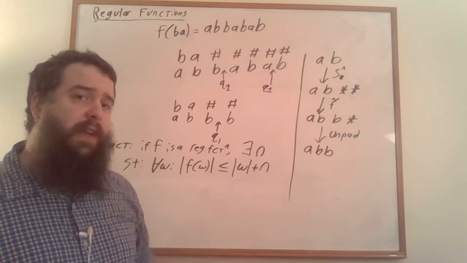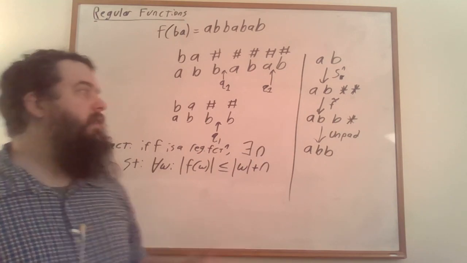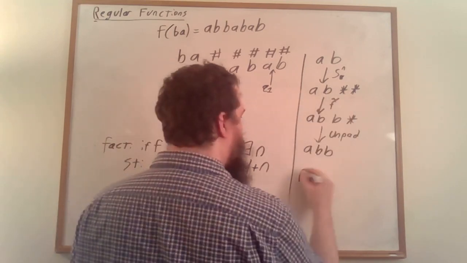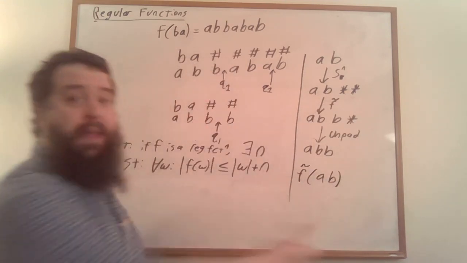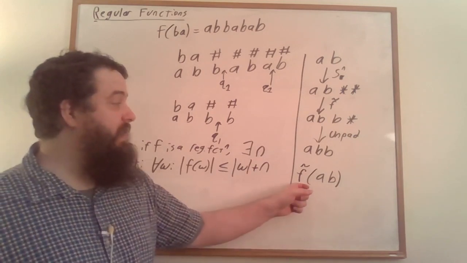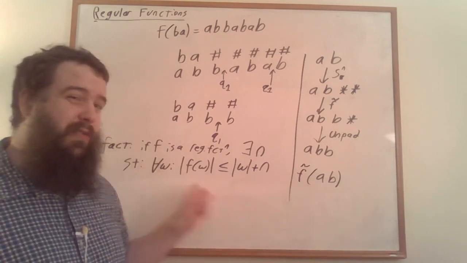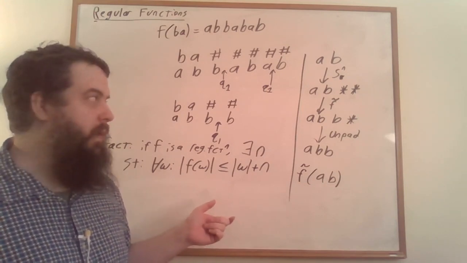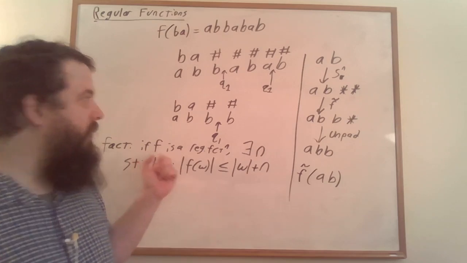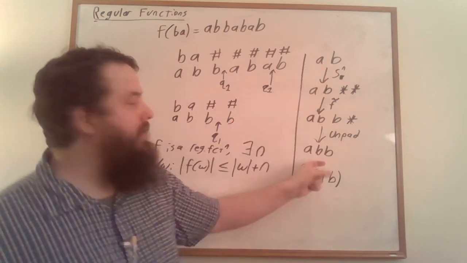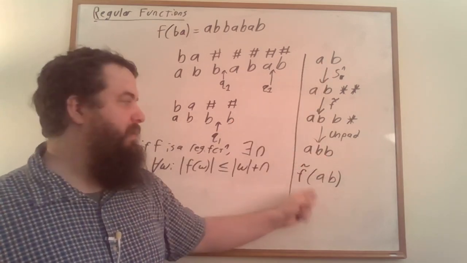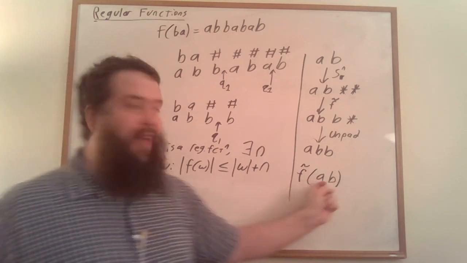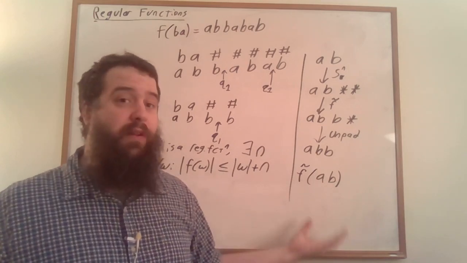But perhaps the trickiest thing about this construction is what happens if we apply this function to AB. Remember that this function should agree with our original function and is also length preserving. Well, there's a problem. Our original function thinks that f of AB is ABB. So there's not really anything this modified function can do if it doesn't have enough characters to output the appropriate